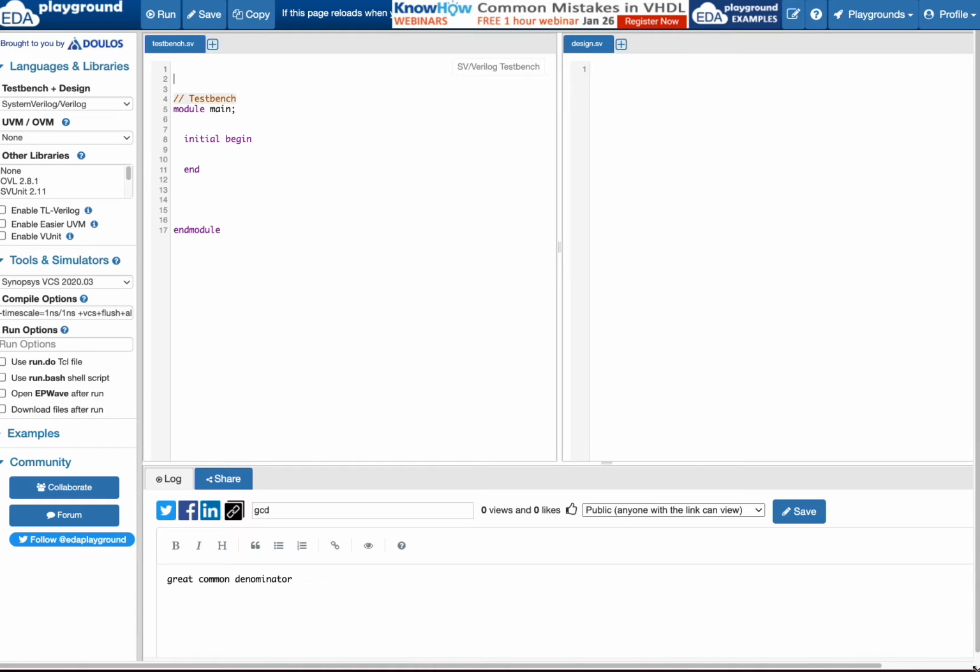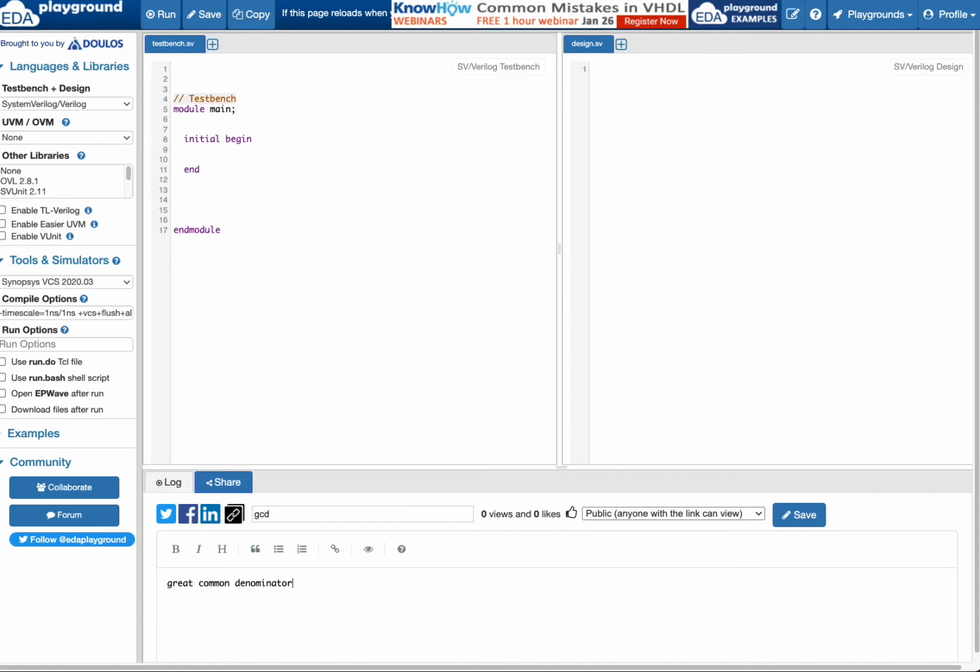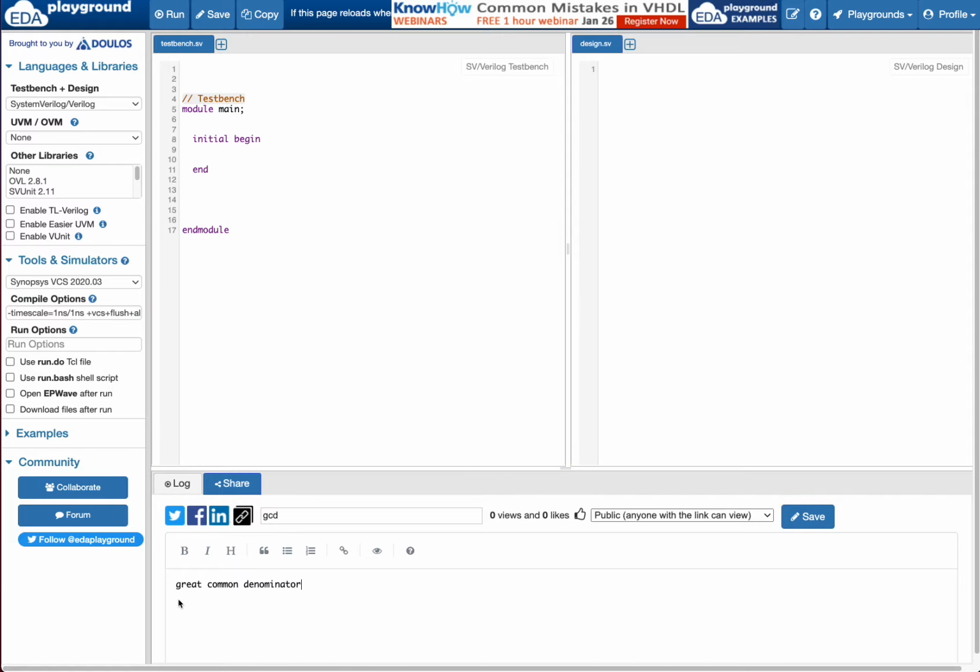Hardware problem. As the title here suggests, let's do the greatest common denominator problem. Greatest common denominator is like saying if you have two numbers, A and B, what is the biggest denominator that divides evenly into A and B? One thing I don't know about is the signage of stuff. So for example,